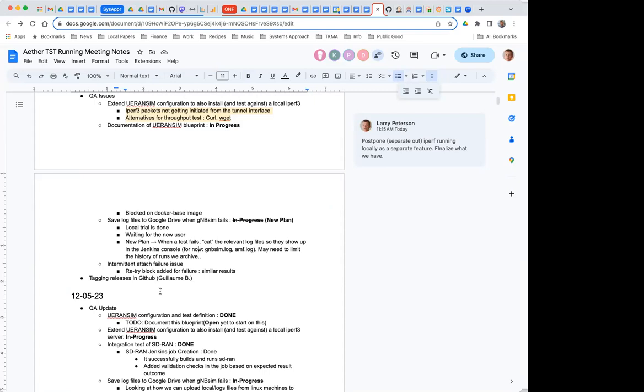So the intermittent attach failure issue, what is that? Yeah, this is the one we have discussed, where out of five UEs, only four UEs or three UEs get passed.